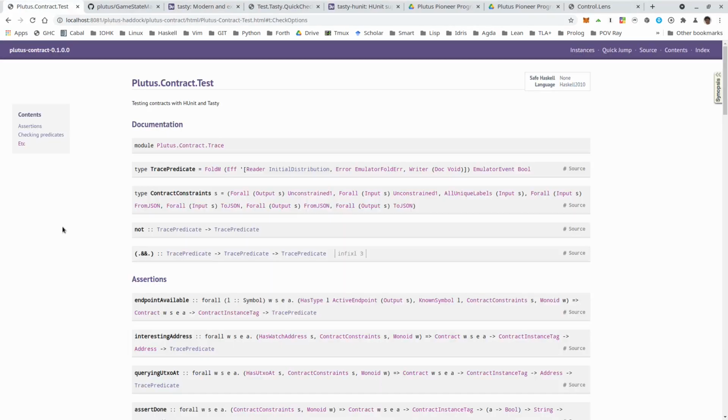There's special support for tests in Plutus, and that is provided in module plutus.contract.test in the Plutus-contract package. And there are various types of tests that are supported, but today we'll only look at two of those. One that works with emulator traces and one that's much more sophisticated and uses so-called property-based testing, which we will look at next. But let's start with the emulator trace-based tests.